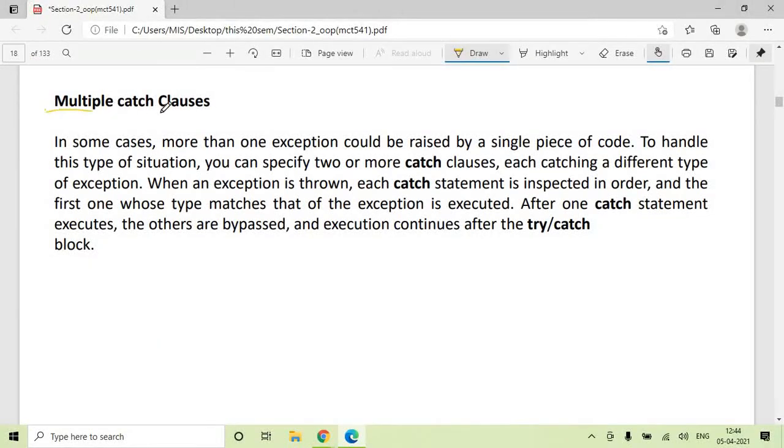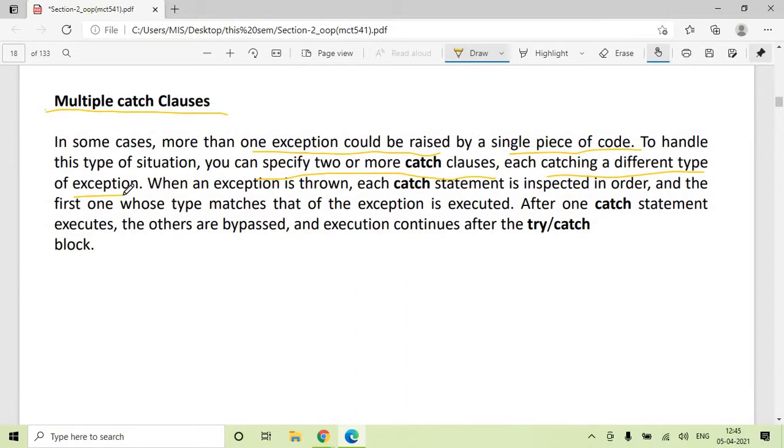Now multiple catch clauses. Let me read it for you. In some cases more than one exception could be raised by a single piece of code. To handle this kind of situation, you can specify 2 or more catch clauses, each catching a different type of exception.